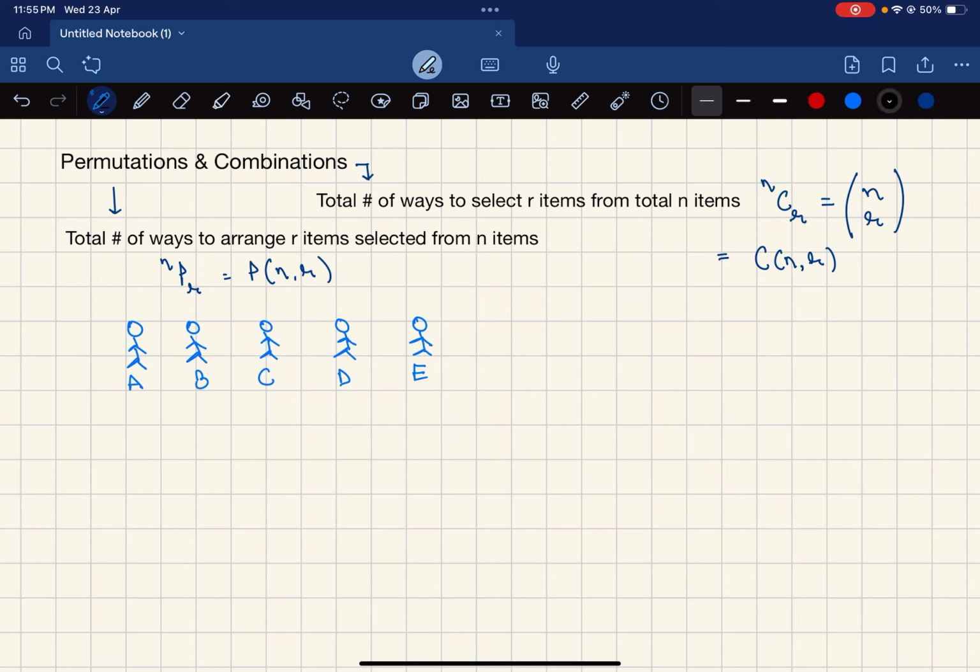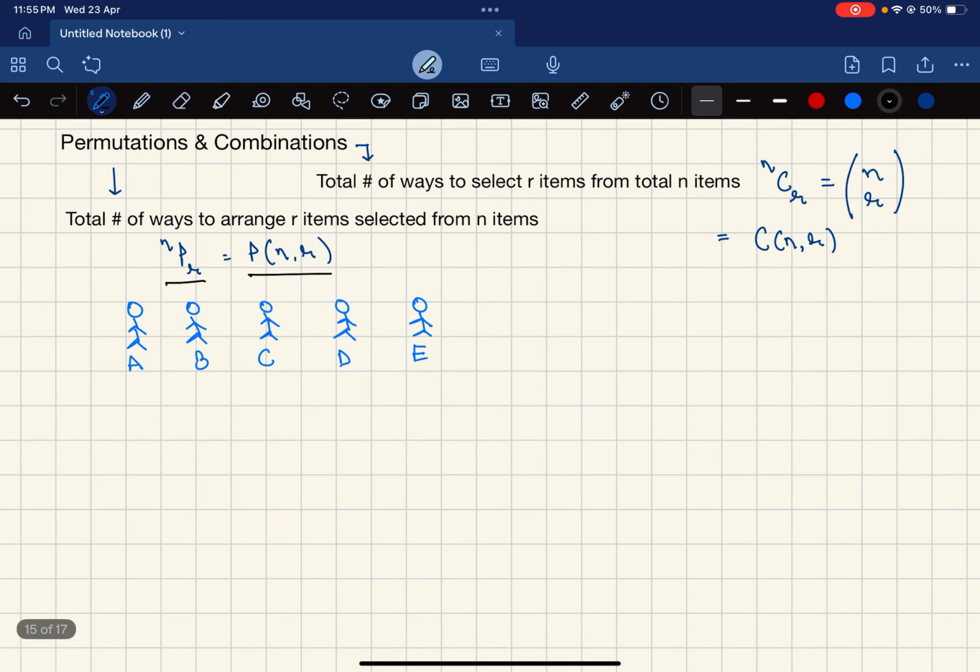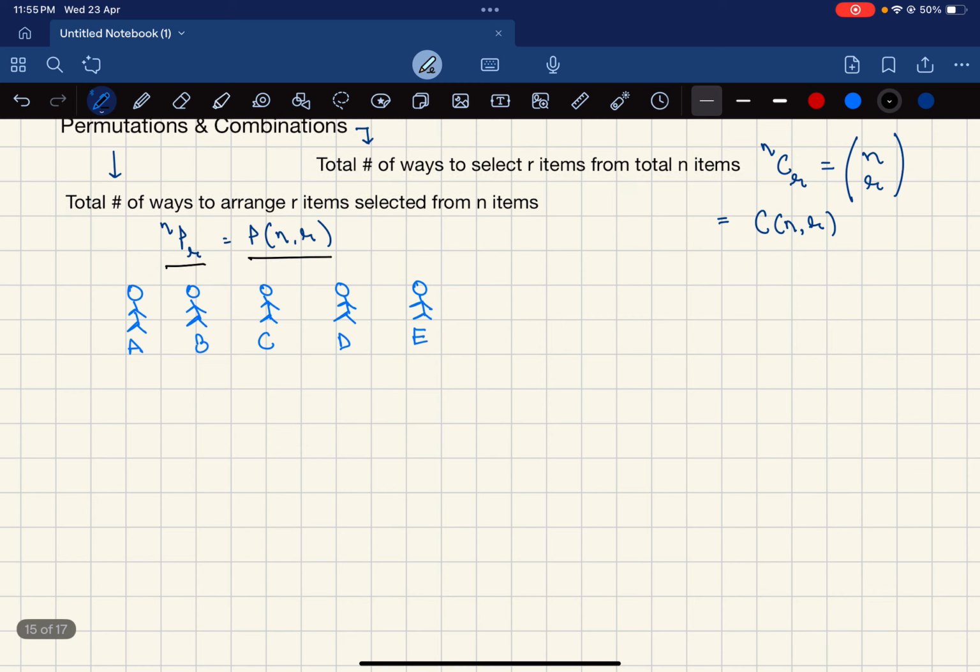Now, what are permutations? Permutations are the total number of ways to arrange R items selected from N items. It is represented as NPR or P of N and R. To understand the concept of permutation, we'll look at an example. Let us say there are 5 people A, B, C, D, and E who take part in a race, and we have to find the number of ways